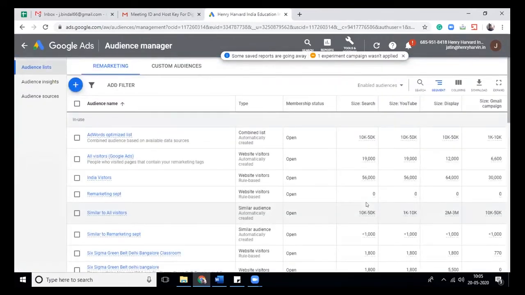Any one of you can share a Google AdWords screen with me. I can instantly help you with setting up a new Google conversion code. Any one of you can share the screen with me quickly so that I can show you how a fresh setup works.